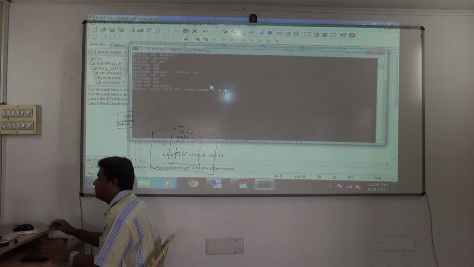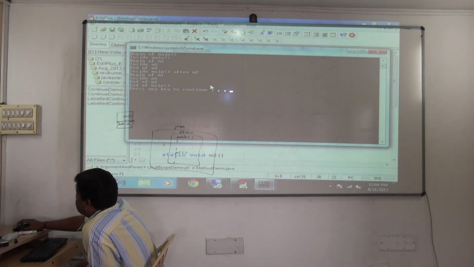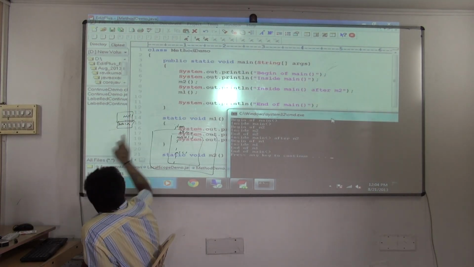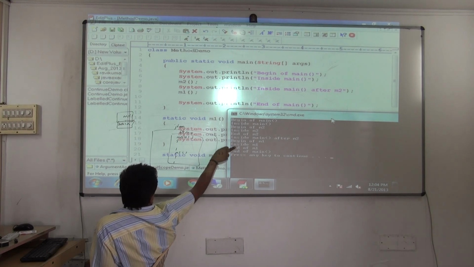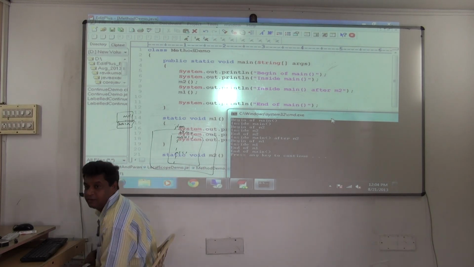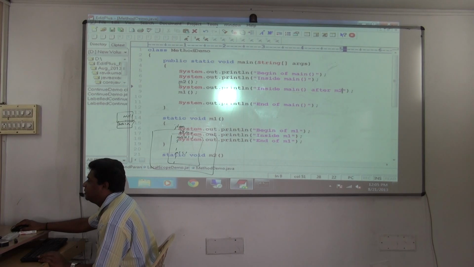Again I will compile. See, M2 completes execution. Control is coming back to main again. And then M1 completes, then main completes. Following now? Or, if you are interested, you can call